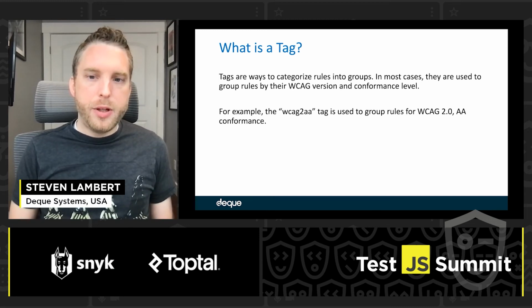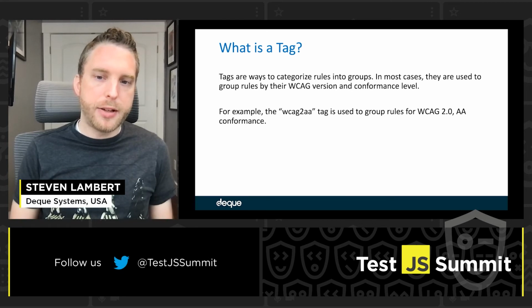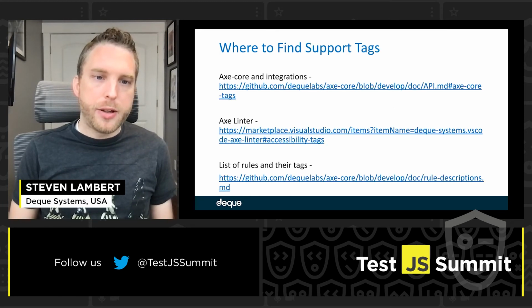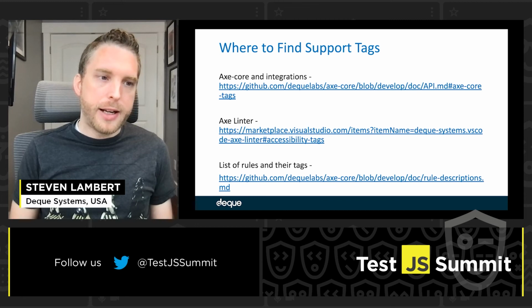To see which rules are associated with which tags, you can go to AXCore's repo and look at the docs/rule-descriptions-md file once again. For a list of what tags are supported, you can go to AXCore's GitHub repo, go to the docs directory, and look at the api.md file. In there, we have linked a list of all supported tags. The quick rundown for those supported tags will usually be WCAG 2A, AA, and AAA, as well as WCAG 2.1,